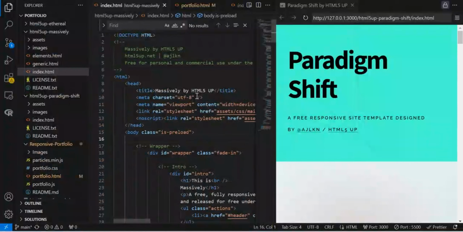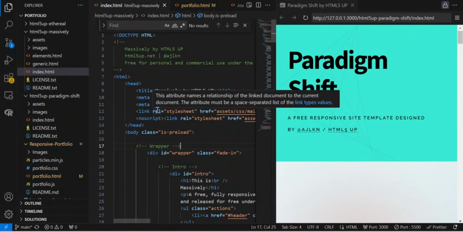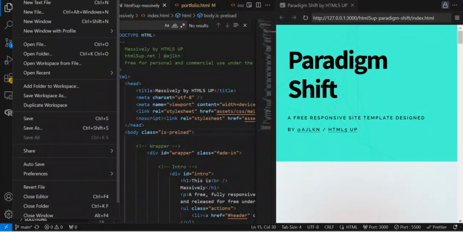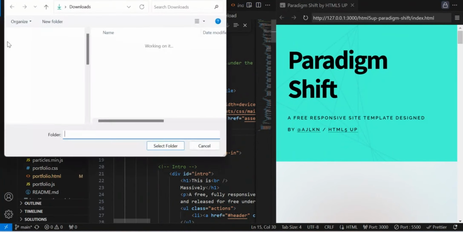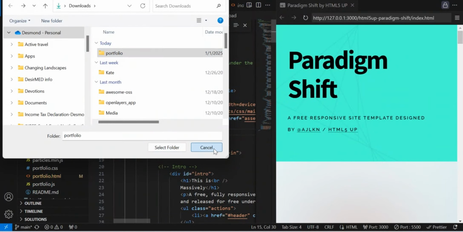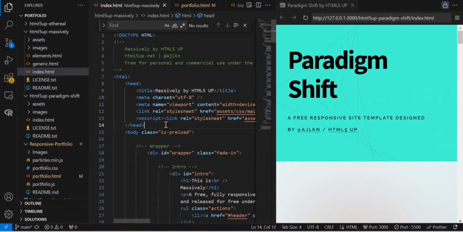Once you download it, it's most efficient to edit this with VS Code, an IDE environment to help you edit and publish your code to any platform that you want. I use this, but of course you can use other IDEs of your choice. The next thing is to open the folder. If it's your first time, it's going to ask you if you trust the folder. If you don't trust it, then don't open it. If you trust it, you just say, I trust it.